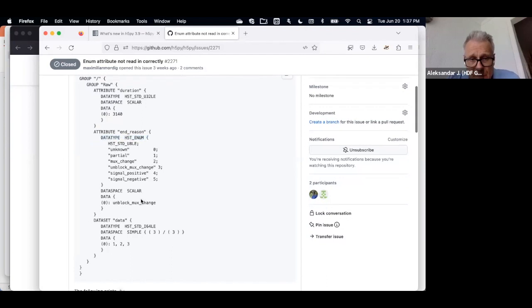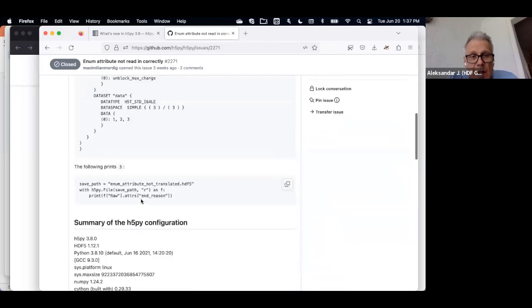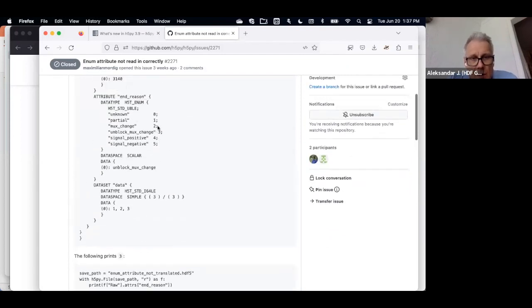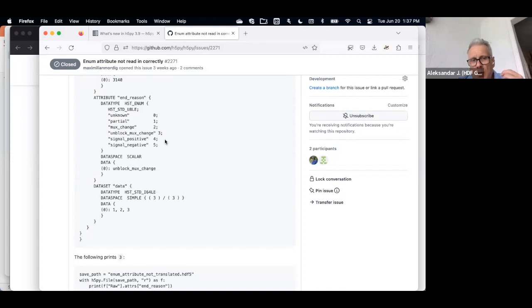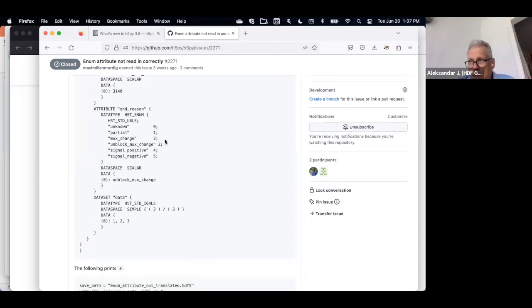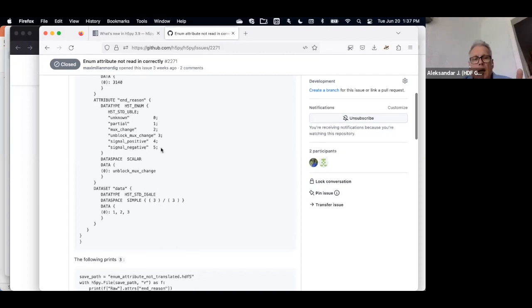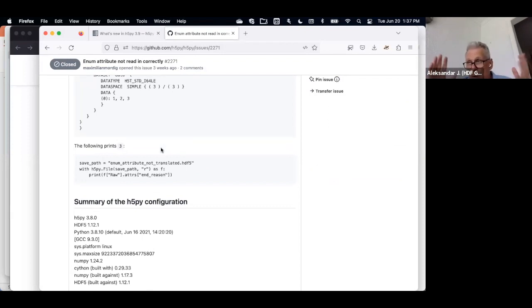So the question is, h5py was returning the number associated with one of these enum values. But it was very interesting for me because I was thinking, what's the right way to approach this? If someone actually did the right thing in an HDF5 file and went through the labor to create an enum data type and everything else, what should h5py or any other software, let's say in Julia or whatever, return?